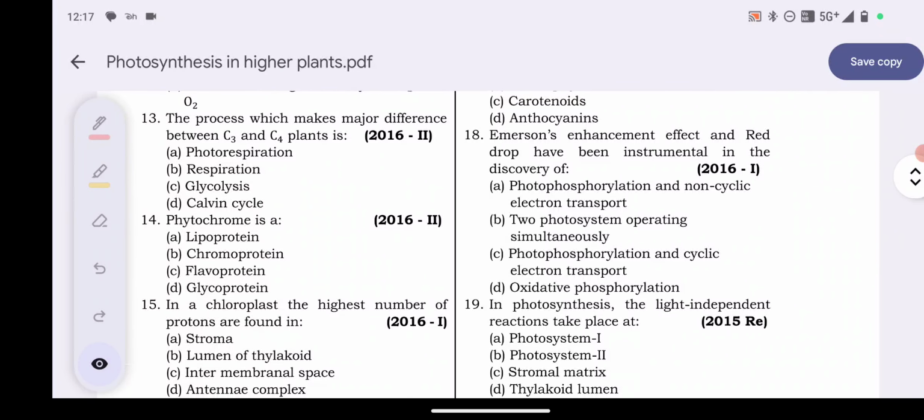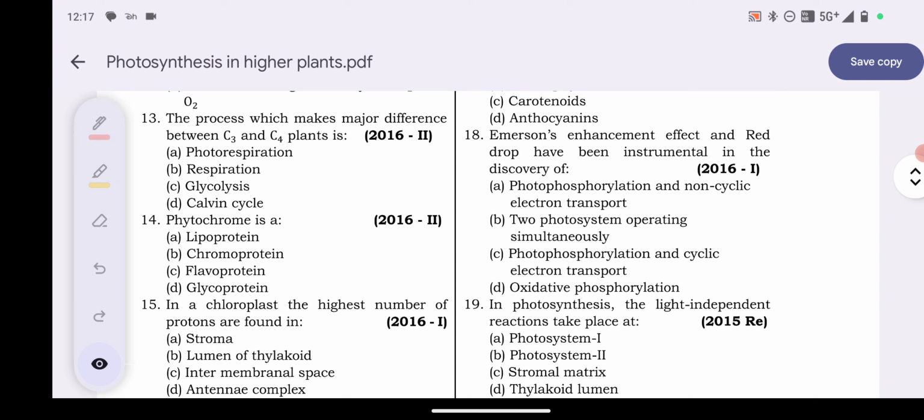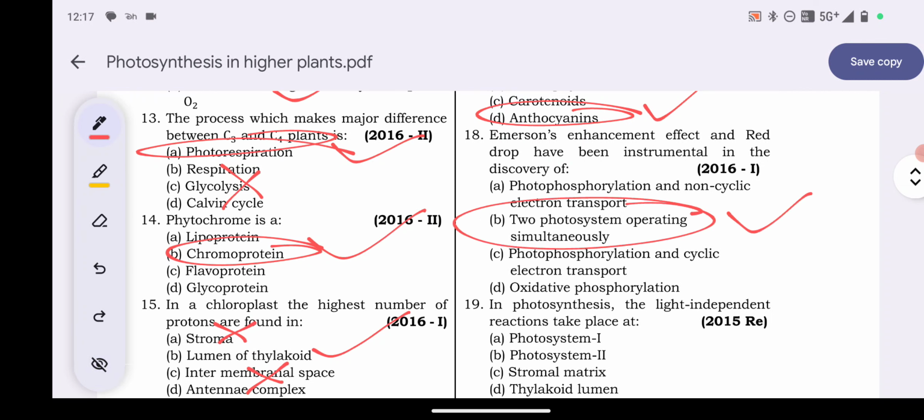18. Emerson's enhancement effect and red drop has been instrumental in the discovery of. क्या होगा यहाँ पर ना? टू फोटोसिस्टम ऑपरेटिंग साइमल्टेनियसली, ये एमरसन्स ने डिस्कवर किया था। एक्सप्लेनेशन: The finding of two photosystems working simultaneously was aided by Emerson's amplification effect 1957 and